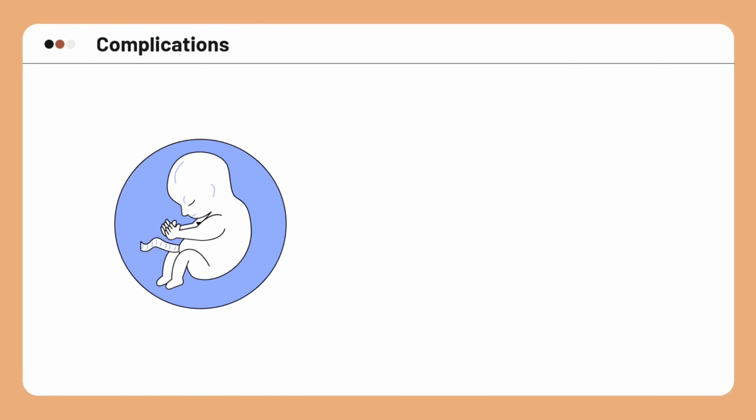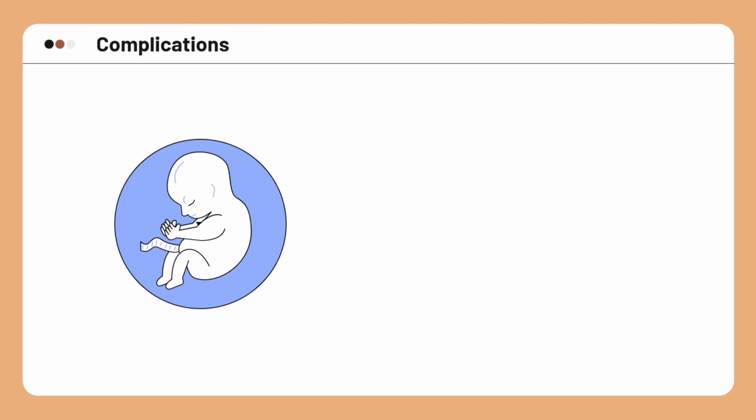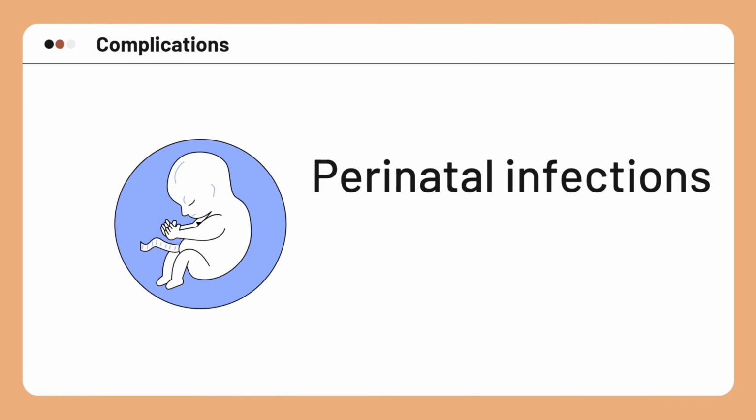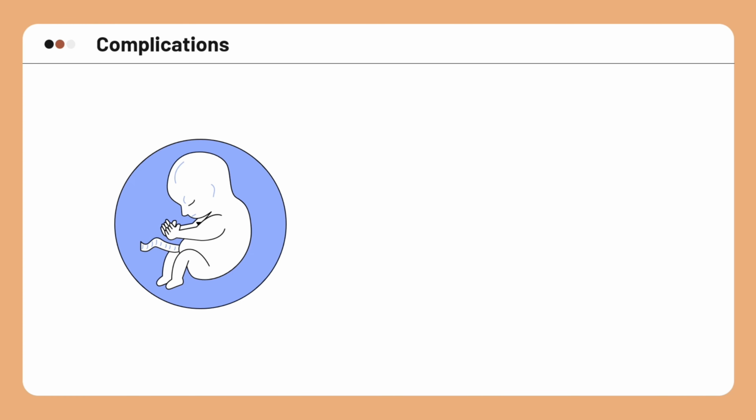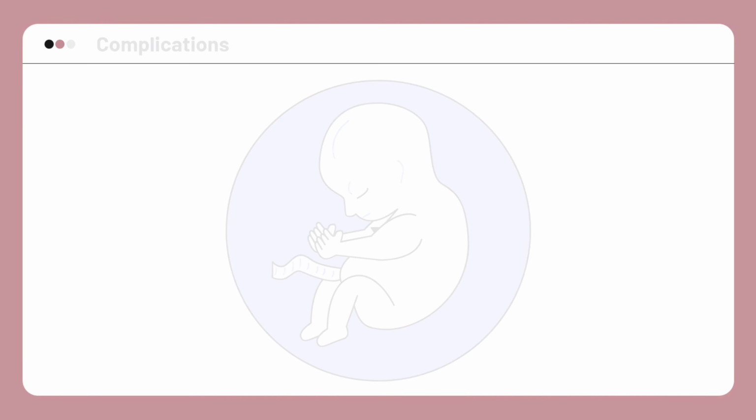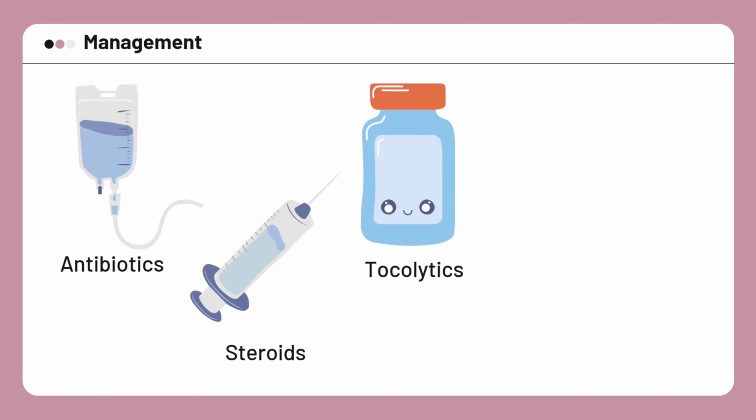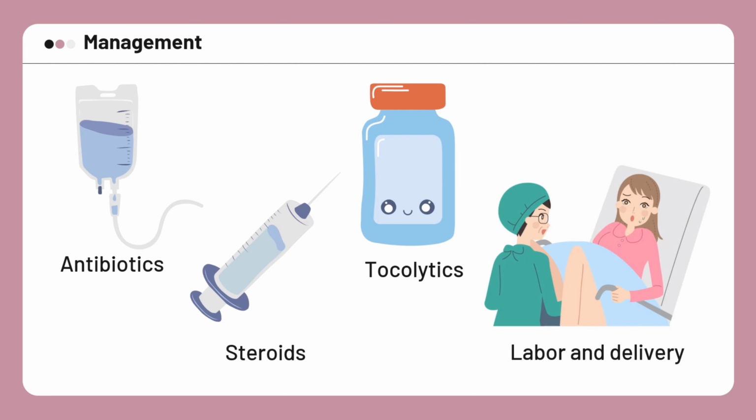Aside from these, there may be stillbirths, especially for previable premature rupture of membranes. Perinatal infections and cord compression may also result in non-reassuring fetal status and a more expedited delivery. In managing a patient with PPROM, a multimodal approach is employed. This includes IV empiric antibiotics, antenatal corticosteroids for the fetus, judicious use of tocolytics, and appropriate timing of labor and